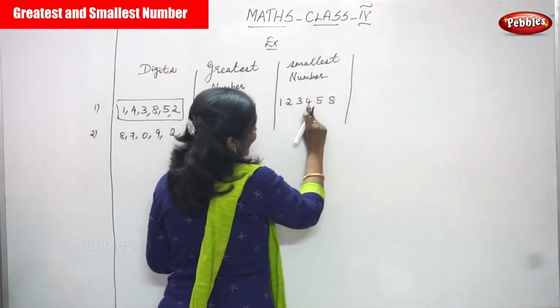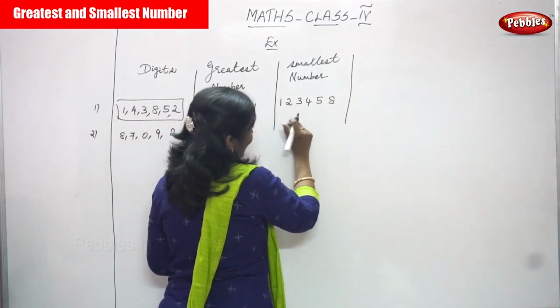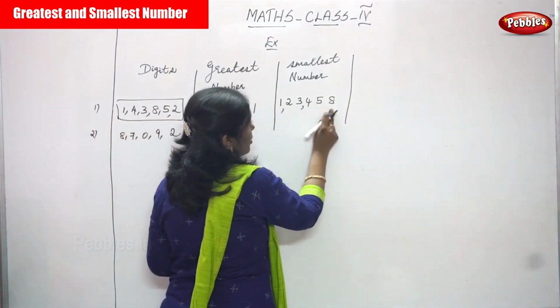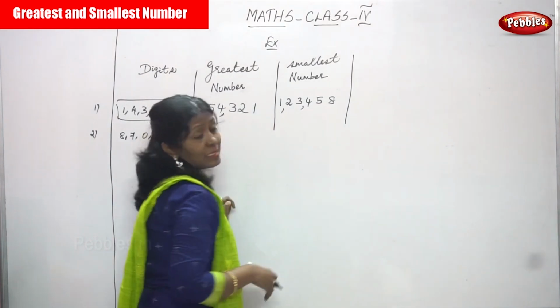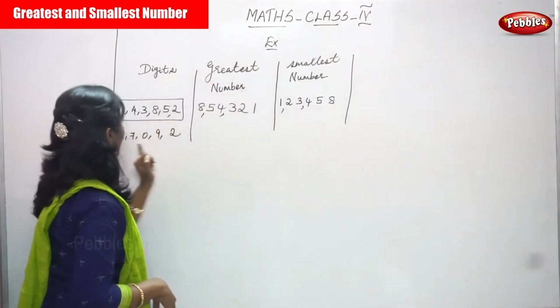So ones, tens, hundreds, thousands, ten thousands, lakhs. That is 1,23,458 is the smallest number. This is the number that you have written. And the next one is